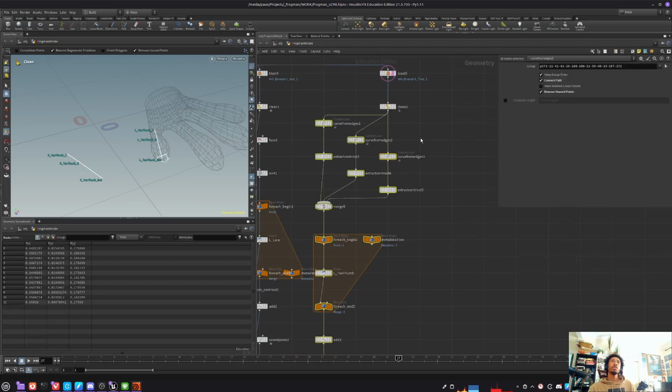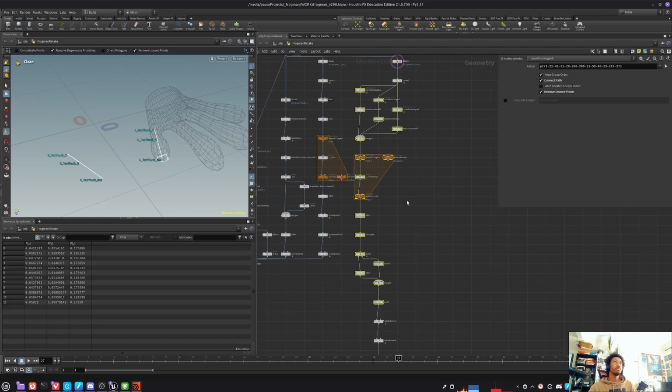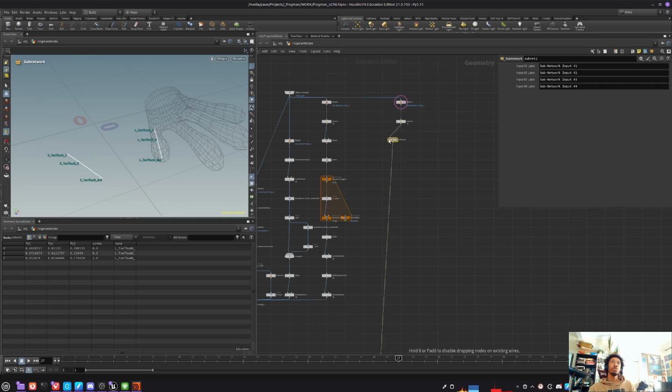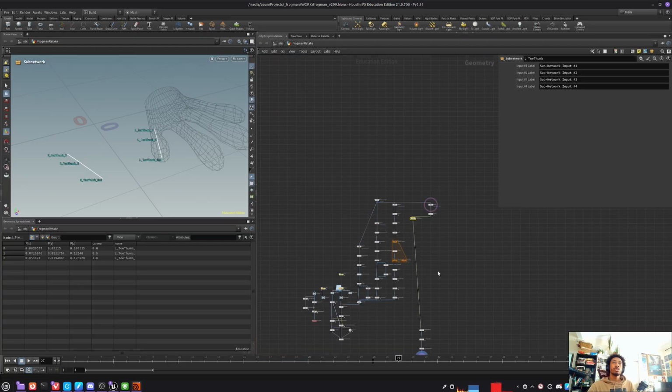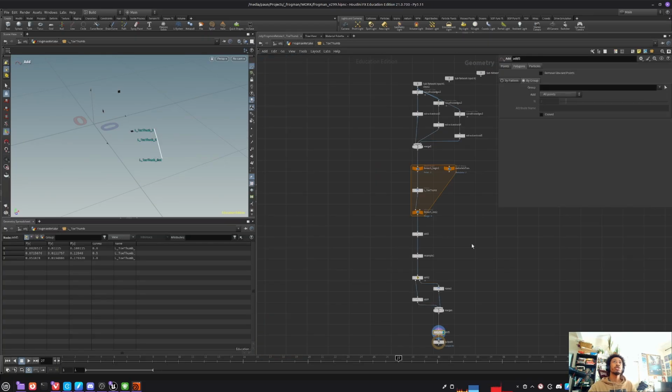I wouldn't put this because they all use that. So we do Shift C to put all of this into a subnet. This is going to be, and I'm gonna call it left toe, so that's cool. And now what we can actually do is